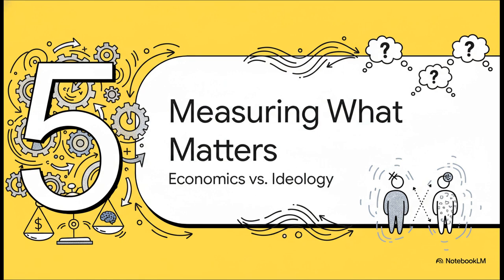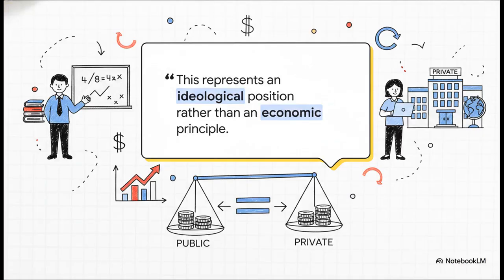So when you peel it all back, you realize something really important. This whole debate about removing G from GDP is not really a technical economic argument. It's actually a debate about values, and yeah, about ideology. And this quote really hits the nail on the head. This isn't about sound economic principles. It's about pushing an ideological viewpoint. It basically implies that any public activity is somehow less real or less valuable than private activity. It's saying that a public school teacher contributes nothing to the economy, but a private school teacher does, which from a purely economic standpoint is just wrong. A dollar of activity is a dollar of activity, period. This proposal tries to assign a value of zero to one and full value to the other.